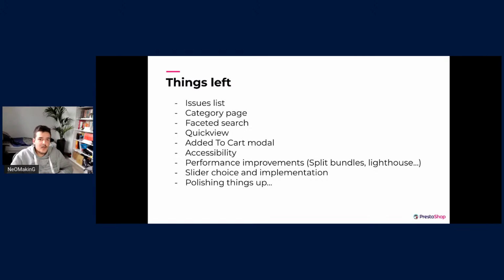And then we're going to polish everything up. And then I think we will be able to send the theme to product validation and probably QA after all, but it will be in the future. It's not finished yet, so